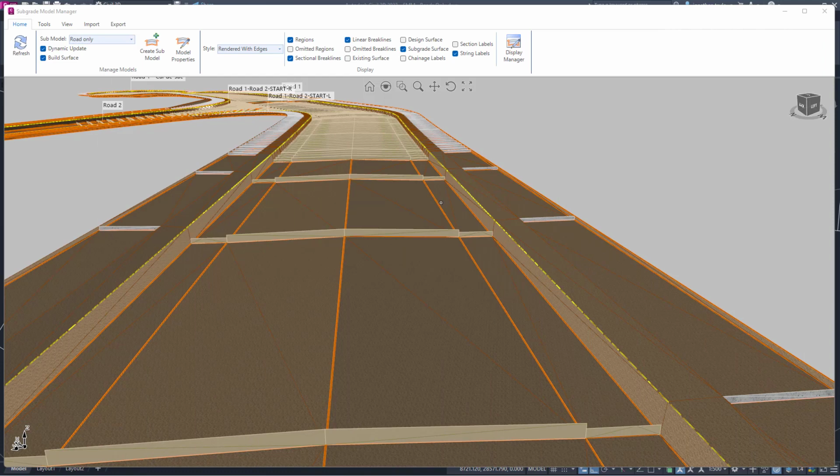In the Subgrade Model Manager environment, you may notice that we have a yellow dashed line. Now, if you try and left click on this yellow dashed line on either side of the design here, you'll notice that we can't select it. This is called a surface resolve, and it's essentially a batter from a particular code to connect the design onto